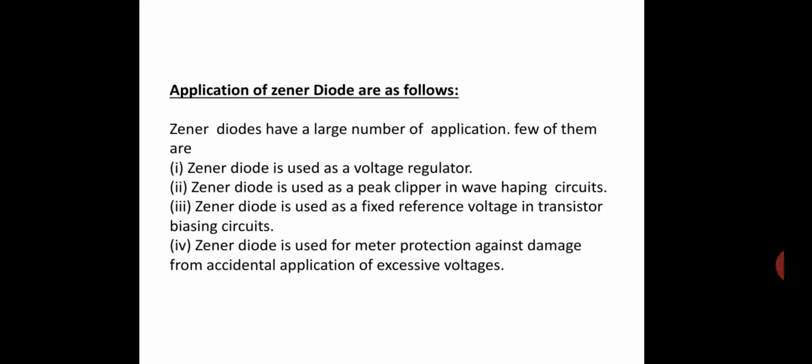Ohm's law says that the voltage applied across the diode is equal to the product of the current and the resistance across the diode. The p-n junction diode is mainly used for rectification purposes, whereas the Zener diode is used for providing constant voltage to a load whose voltage varies. So this is the Zener diode and a comparison between Zener and p-n junction diodes.